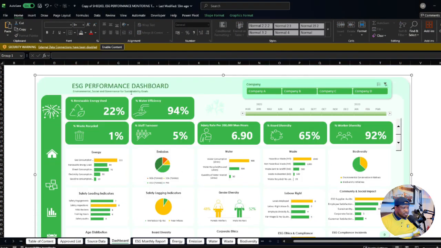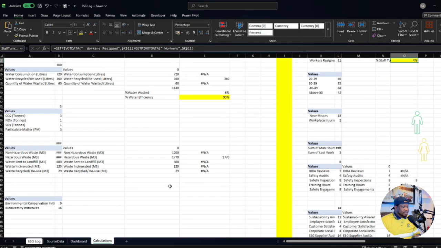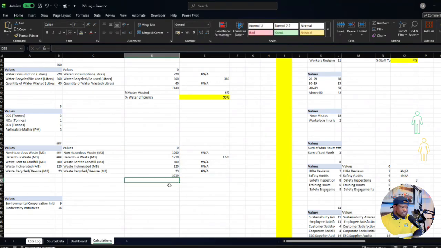So we move on to the rest. Water efficiency, water waste recycled. Okay, let's see. Waste recycled. All right, the same thing. So what is the total waste? Okay, and then percentage of waste recycled will be